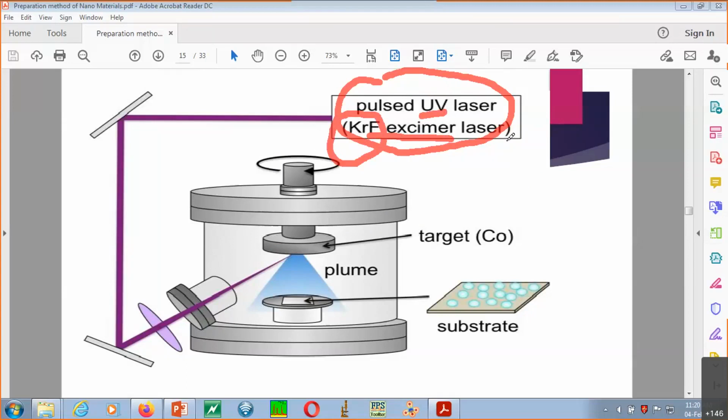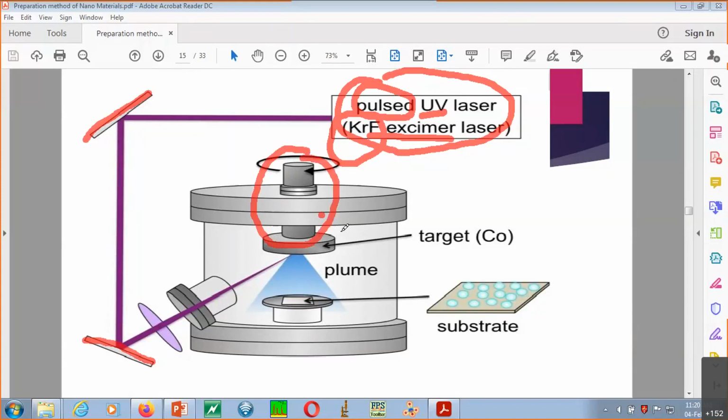But remember one thing, this KrF excimer laser is emitting the output in the form of pulses. You see here, fine. So this pulse output is going to be emitted, and you see this particular thing, these are the reflectors, which are reflecting the laser beam signal. It is very clear from the image also. And here at this part, this is the holder, so that you can rotate it.